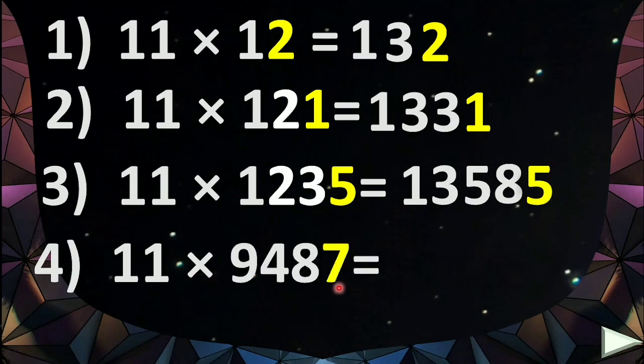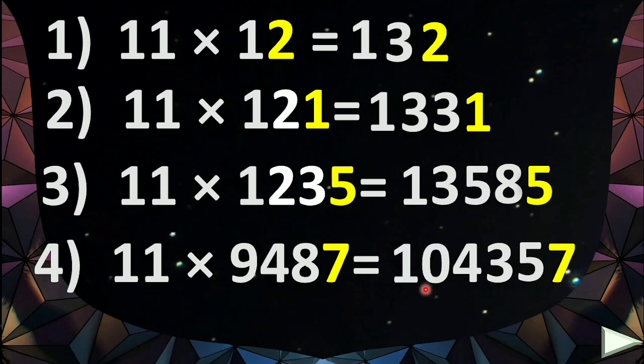Multiplication, more complicated one. Write down 7, then 7 plus 8 will give you 15, but 15 is a 2-digit number, so write down 5 only. 1 will be used as carry. Then 8 plus 4, you will get 12, and add 1, it will be 13, then 1 as carry. Then 9 plus 4 is 13, 13 plus 1 is 14, 1 for carry, and now 9 plus 1 will give you 10. So this is your answer.